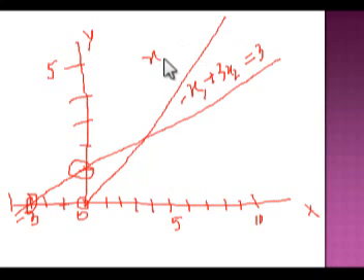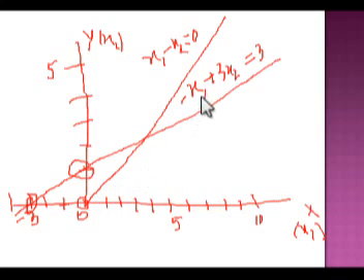x1 minus x2 is equal to 0, x1 is equal to 0. One thing, please remember that x2 are the points of the y-axis and x1 are the points in the x-axis. I am not writing x, y but x1, x2. So here